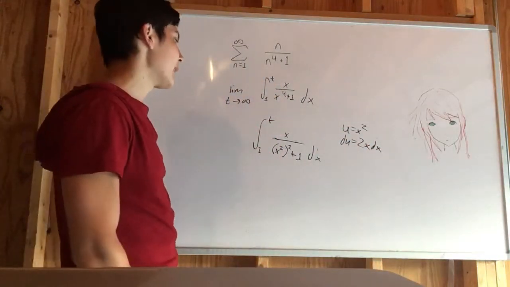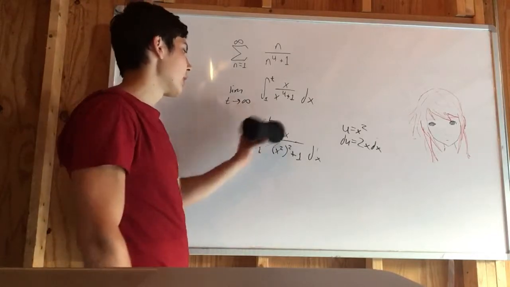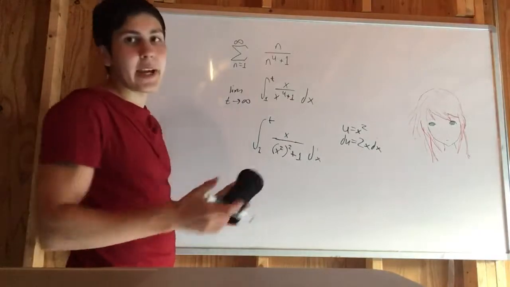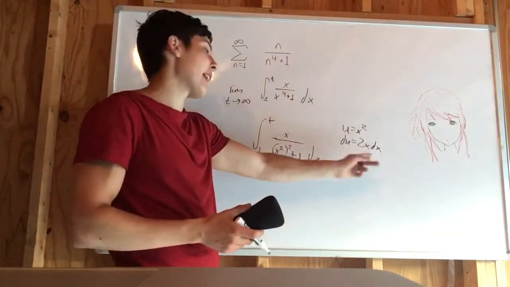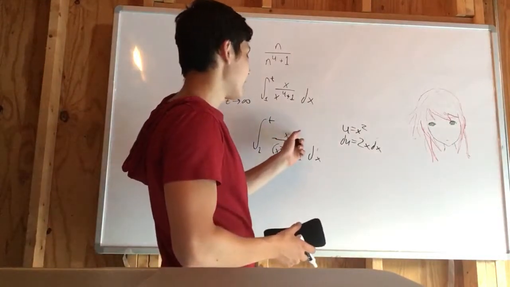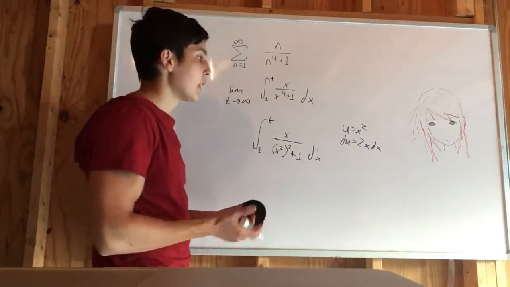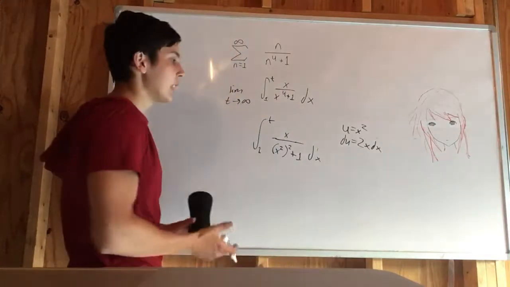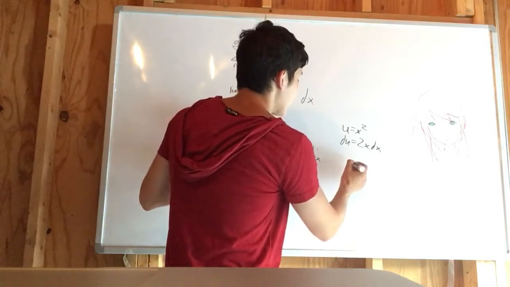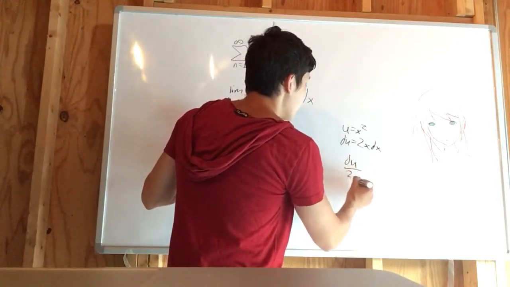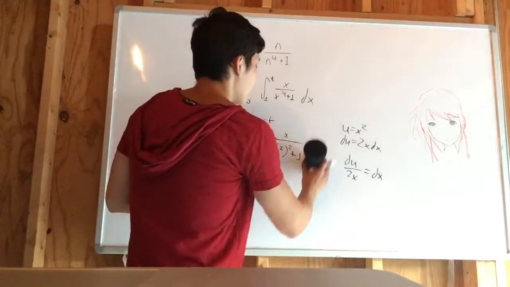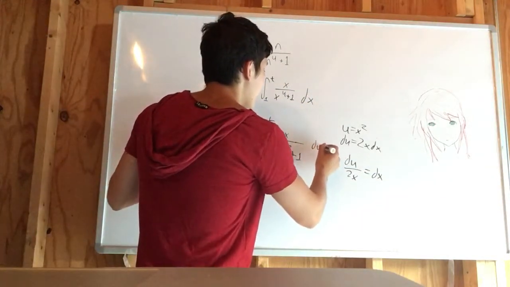And so that's going to allow us to make this substitution and have an x go away, because we have to be strategic here. We take the derivative of that, and that becomes just 2x. And that's what we wanted, to just get this x to go away. So at this point, you have to think strategically. So we can solve for dx. That's du over 2x equals dx. We make that substitution,